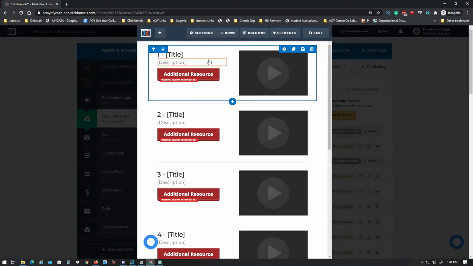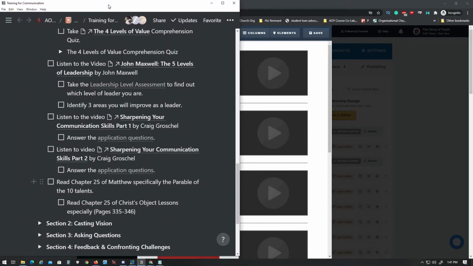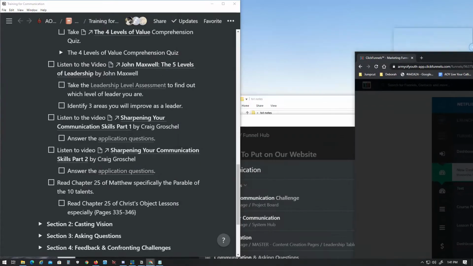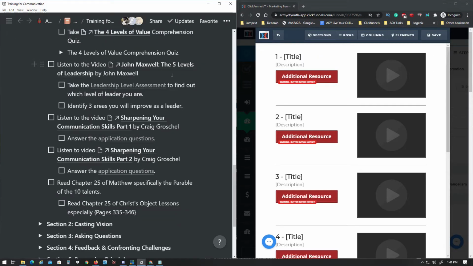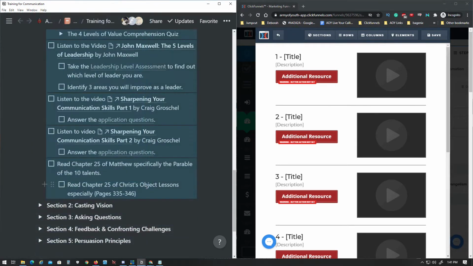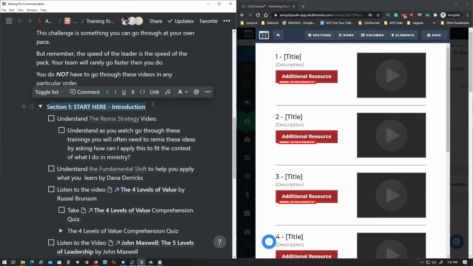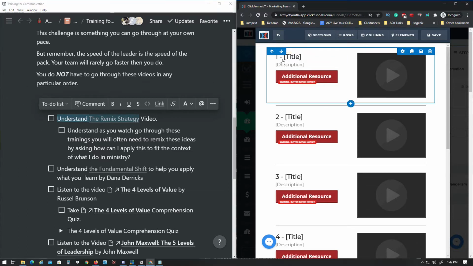So now that we have this up, we'll take the training for communication page on Notion, and so these are all the things we're going to be adding into this lesson out of section 1. Start here, introduction. So we're going to start with understand the remix strategy. So we're going to copy that, put that where the title should be,